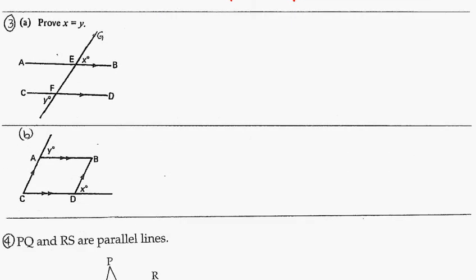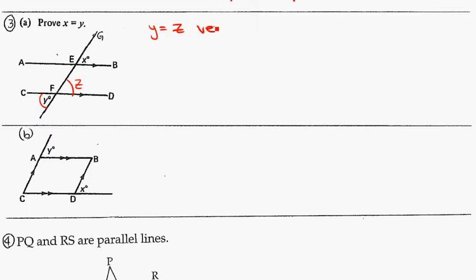Alright, moving down to number 3, we're asked again to prove that x equals y. I just need an intermediate angle. I think we'll use this one. I'm going to call it z, and I can show that y equals z